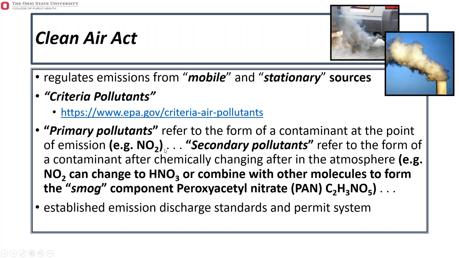Once it's in the atmosphere, it interacts with sunlight, for example, and perhaps even other chemicals in the air, and can form new pollutants in the air. It may undergo photolysis and form nitric oxide, NO, instead of NO2. It can interact with water in the air and form nitric acid, which is a major component of smog, forming peroxyacetyl nitrate if it combines with other organic molecules. So smog, you think of PAN, and that's formed as a secondary air pollutant.